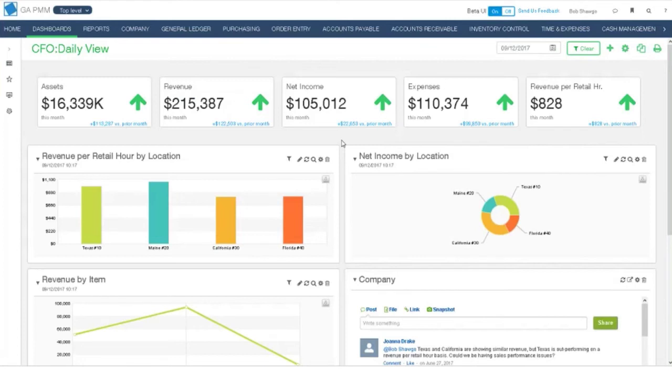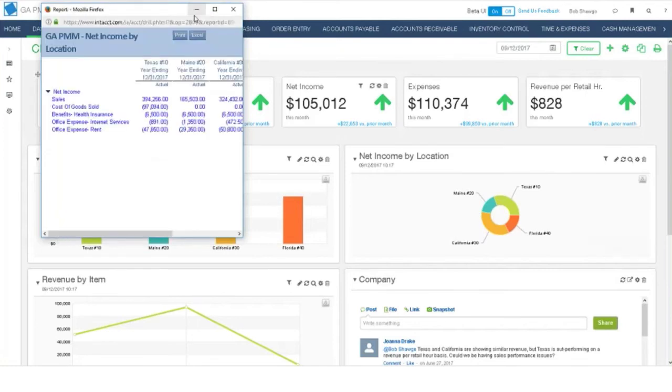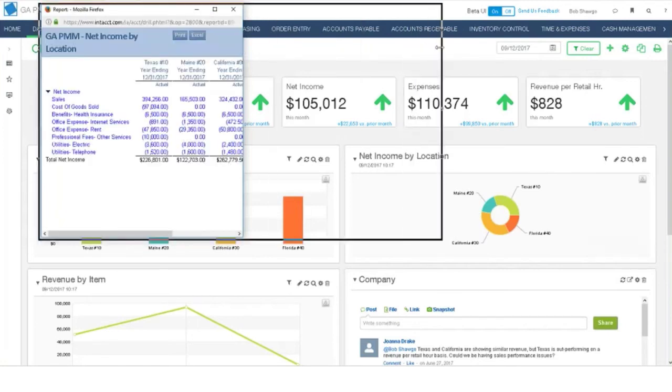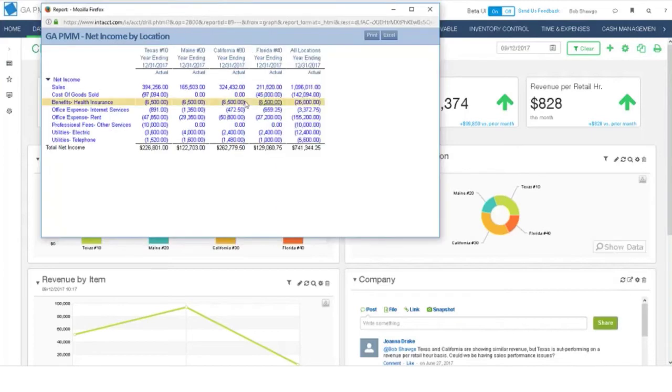So moving forward in reporting, I want to look at reporting by dimensions. I can do reporting by entity or by cash flow. Right here we can see we can report by location. As I click on this, I can see the actual report that's underneath this chart. So by clicking on a chart, I get the actual report,